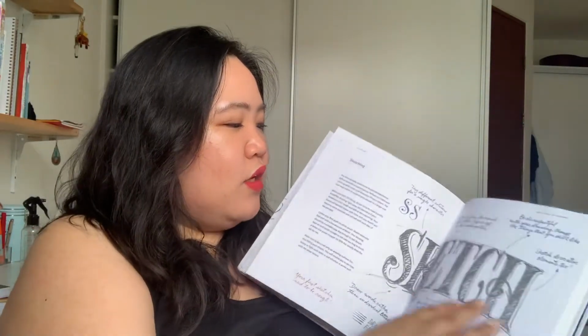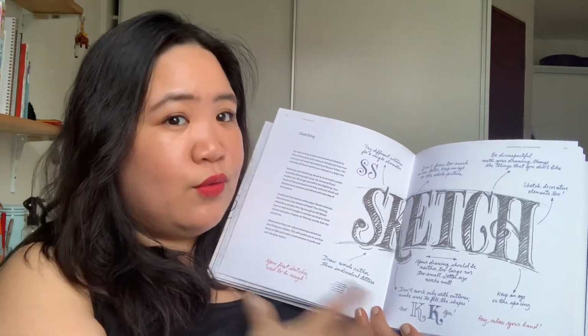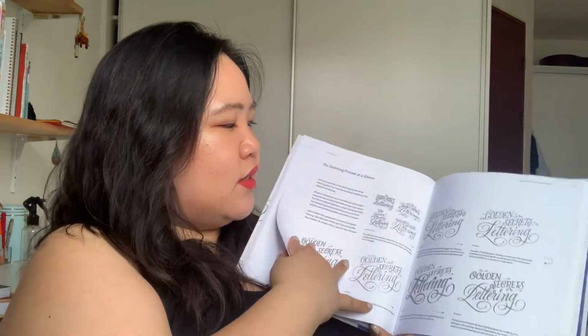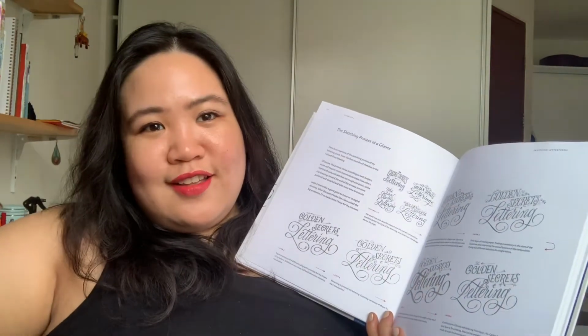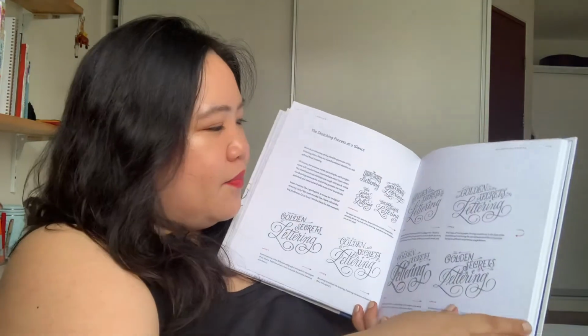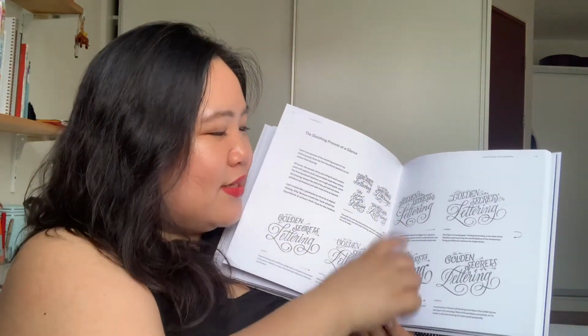She really goes through the kinds of corrections that you should do for any piece. So the notes are very thorough, very comprehensive. So I think this is like level 2 hand lettering for you. So if you've started with the Ledger, you go through this to see how to better refine any piece that you do. So she actually shows you how she designed the cover of her own book, which is so